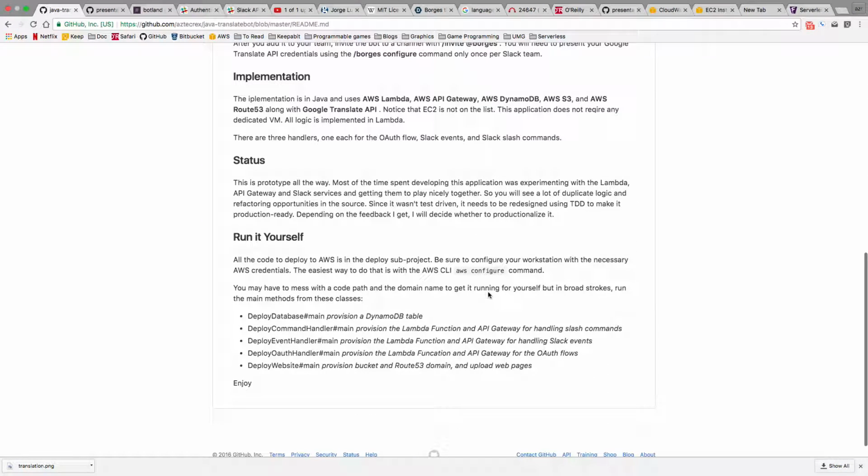But I have here listed, if you want to run it yourself, you do have to run these 5 things. The reason there are 5 things now is because while I'm developing them, I want to be able to spin them up independently and try things out differently. Eventually, I'll put them all together into one sort of Uber deployment package that would get everything out. There's one that deploys the databases. There's one for each command handler, event handler, and OAuth handler that deal with spinning up the Lambda functions and the APIs, the API mappings. And then I have one for deploying the website.